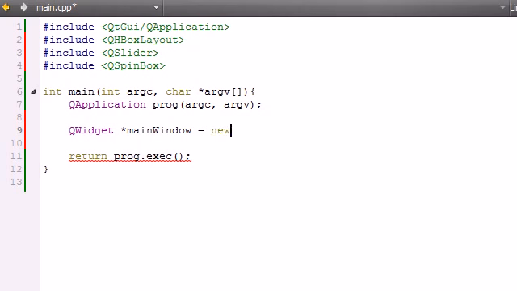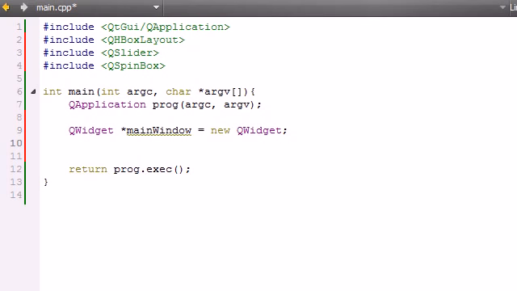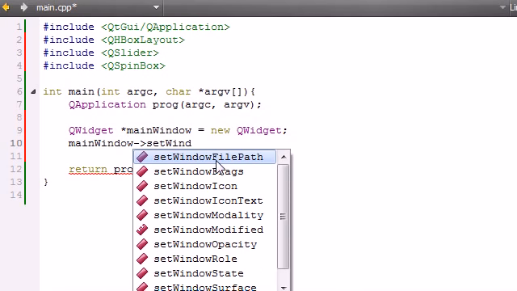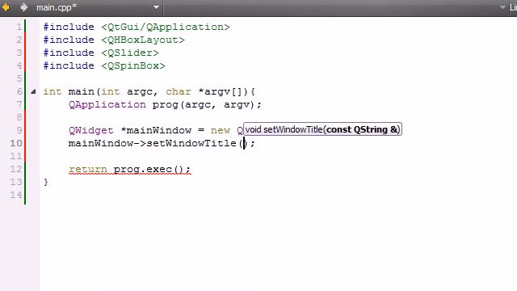And in order to create a widget, just go ahead and put new QWidget. Looks pretty good. So now what I want to do is, we have a window that appears on the screen. Let's give it a title, pretty much the title that appears at the top of the window. So main window, and the function setWindowTitle, and of course just like before, we'll say that this program is